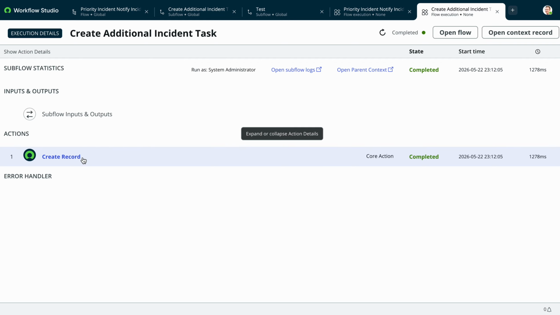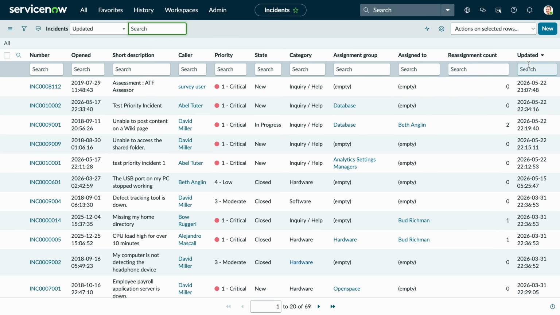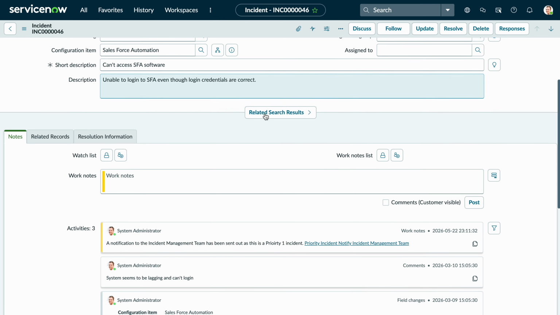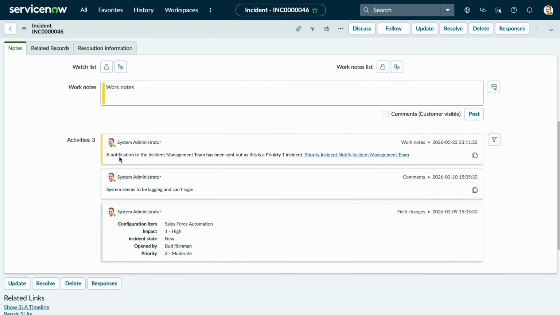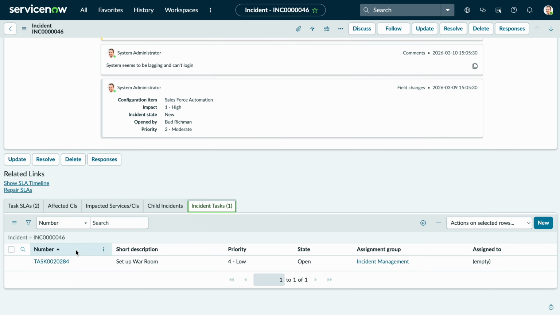Okay, so we can see here it's created the record, completed, and you can see this following task was created. So let's go take a look if I can find that. Okay, we're in our incident now, so we can essentially see that a work note was added, and a notification to the incident team has been sent as it's a priority 1 incident. Essentially, if we scroll down we can see incident tasks,